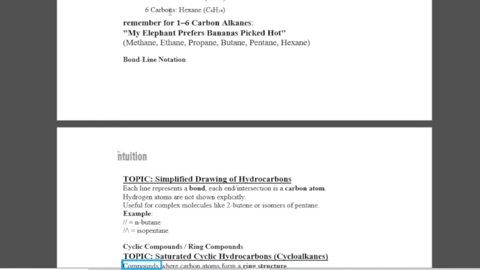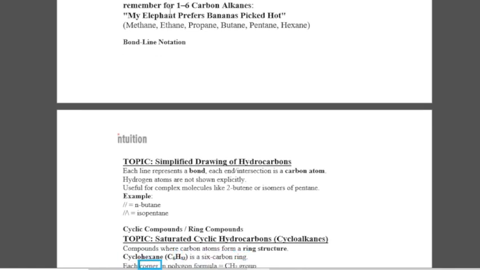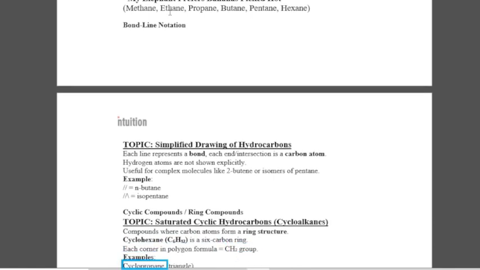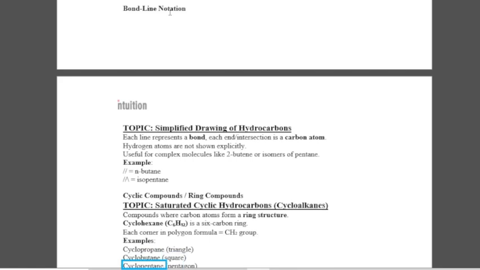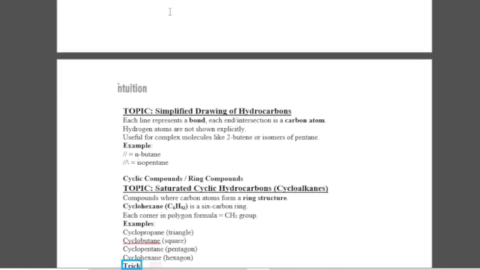Cyclohexanes. Compounds where carbon atoms form a ring structure. Cyclohexane, C6H12, is a 6-carbon ring. Each corner in the polygon formula is equal to a CH2 group. Examples: cyclopropane, triangle; cyclobutane, square; cyclopentane, pentagon; cyclohexane, hexagon. Trick: